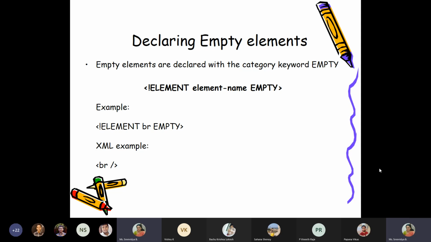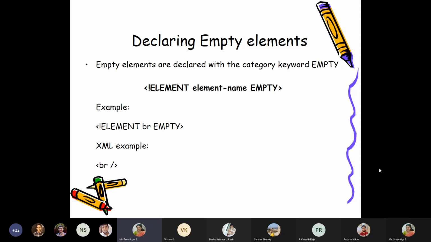So if I am defining such a tag in my XML document, I need to specify in my DTD that it is an empty tag. So I write exclamation mark ELEMENT, indicating that it is an element declaration. The name of the element is BR, and to indicate that it is empty, we write the EMPTY keyword in the second part, after the name of the element.